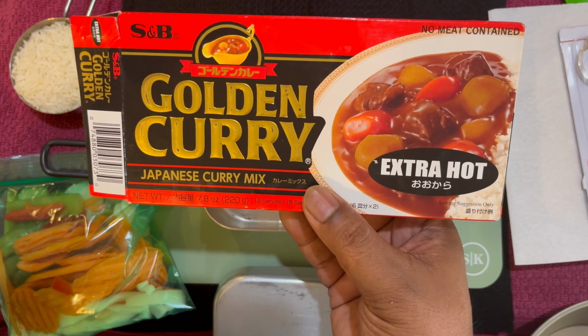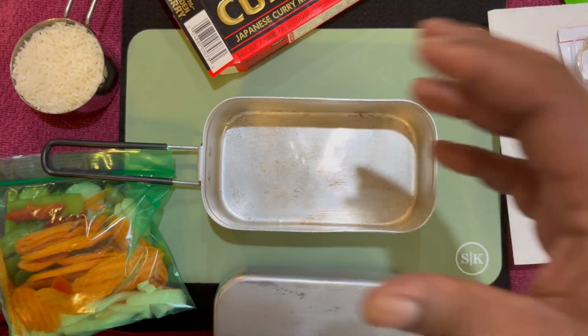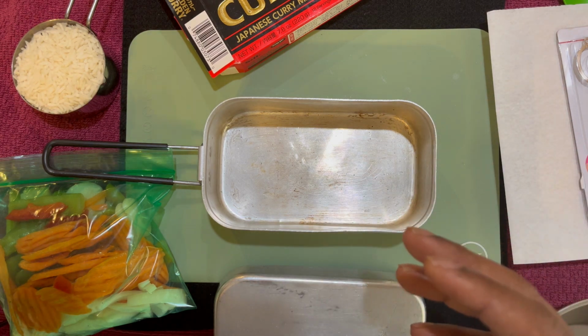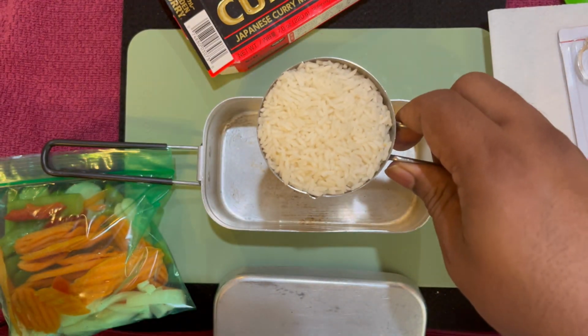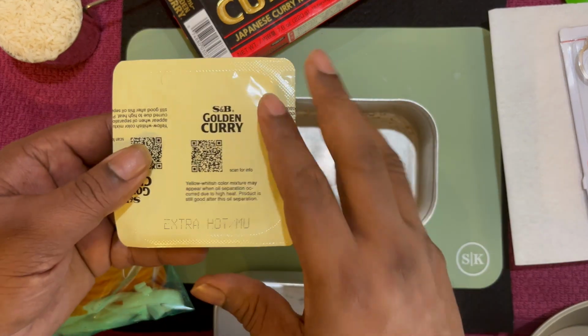But this is not just making a curry. I am going to mix all rice and curry together, make it as one dish. So today I'm going to be using half a cup of instant rice and of course the curry blocks